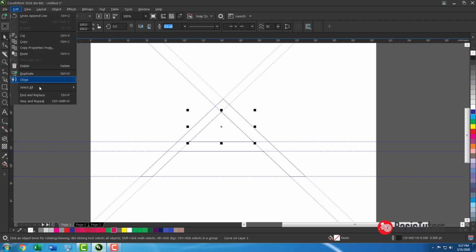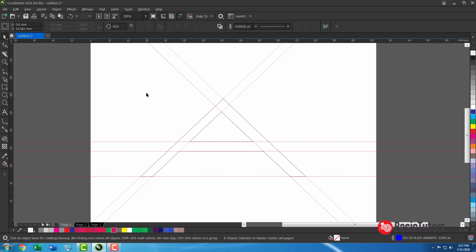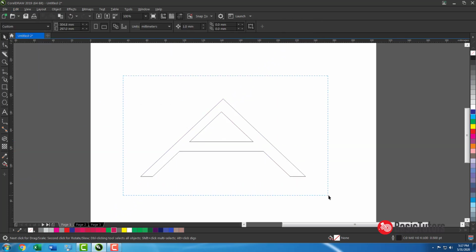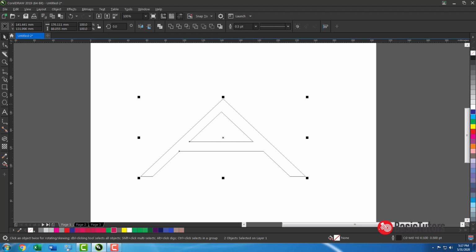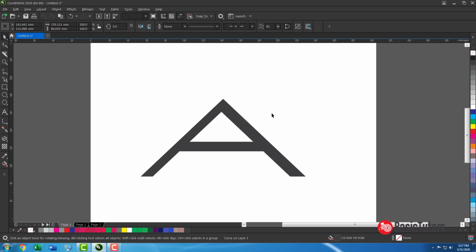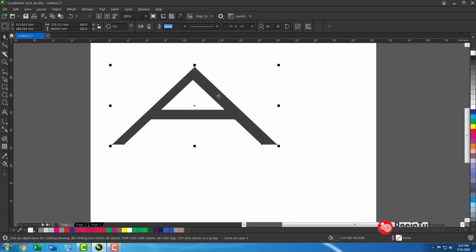Selecting all guides, delete it. Okay, fine. These kinds of things are only gettable with guidelines and snap to guidelines. Okay, fine. Next we move to